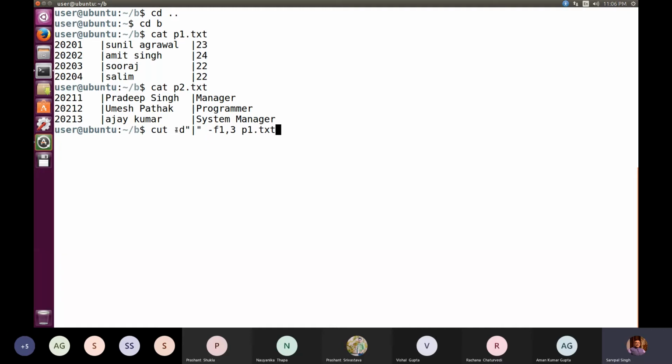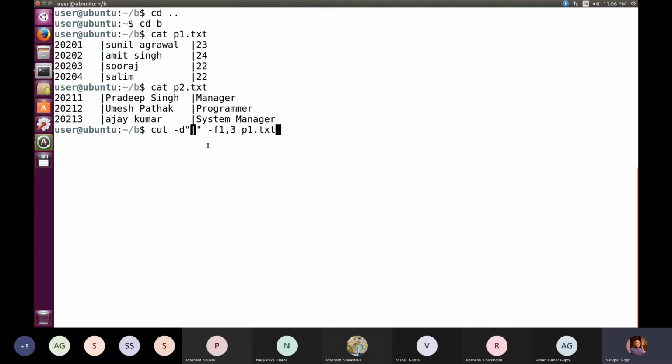When I write cut minus d, this minus d option is used to tell the character which has to act as the field separator. Based on that, we can count the fields. When I say cat p1.txt, it shows the contents on screen having three fields. On which basis do I say these are three fields?